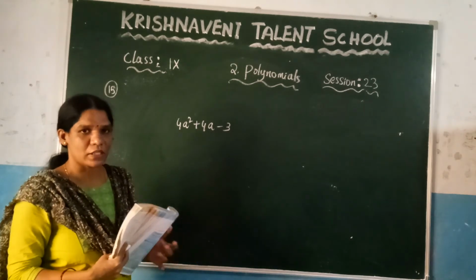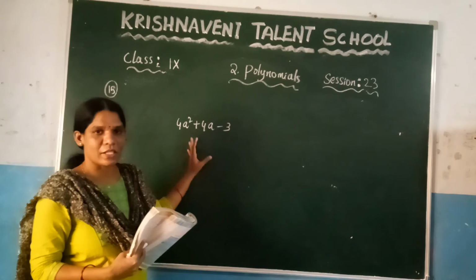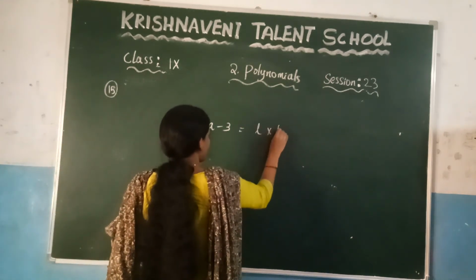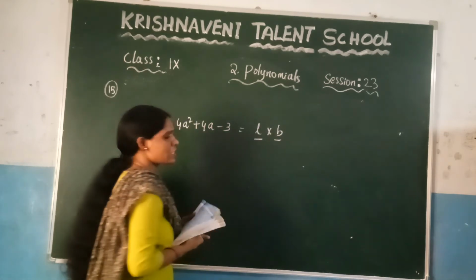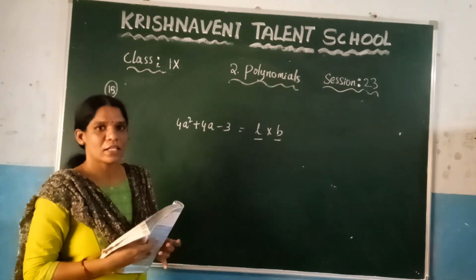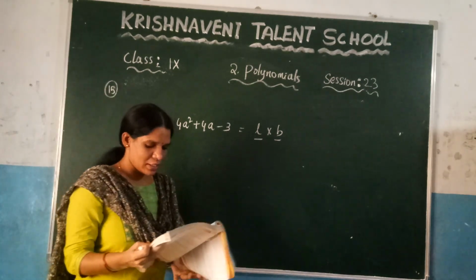That means here we need to split this value. By splitting this value, you can write this expression as a product of length into breadth. That means you can write this as a product of linear polynomials, so that you can find the length and the breadth. This problem, just try it. In the next session we are going